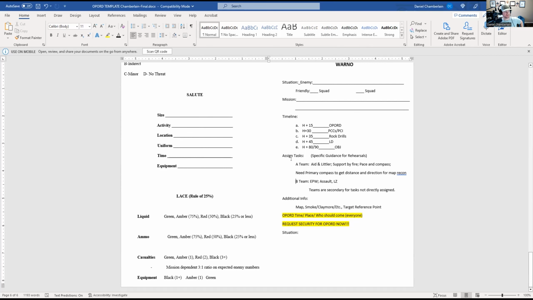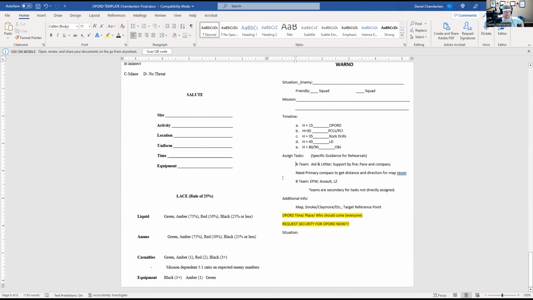Everyone else is still in security, so you're going to assign them tasks. They're always the same task. Alpha teams always aid and litter. Why is this? Well, it's just very easy to remember. And if you start changing stuff up, when people are on day 5 and they've been pushing through the brush and carrying the 240 or the 249 and cross-loading ammo and all this stuff for all those days, they're going to be exhausted. Not to mention, I think we averaged about 22 miles a day or something. So every day you're going to walk 22 miles carrying this rucksack.